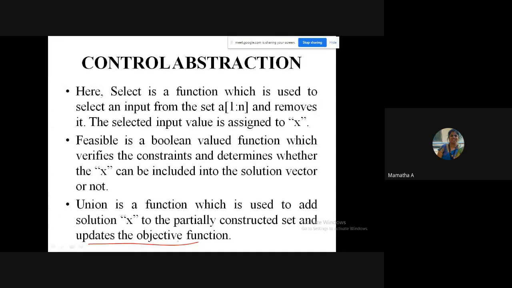What is that objective function? If you can see in our example, you select one item of 600 rupees. First you will check how much amount you have, 2000. Yes, 600 I can purchase. I can add 600 into my bag. Then you will put the item inside the bag. After putting it inside your bag, you should update your amount. 2000 minus 600, what is left out with you for the next purchase of an item?